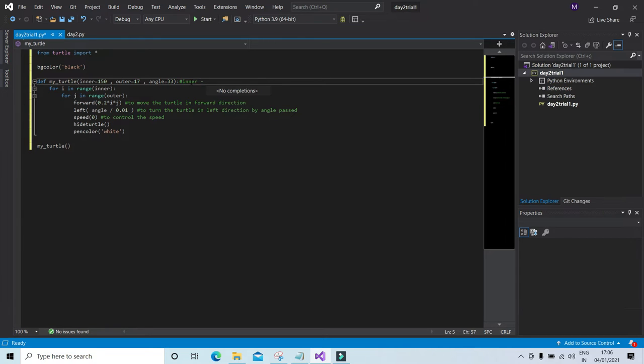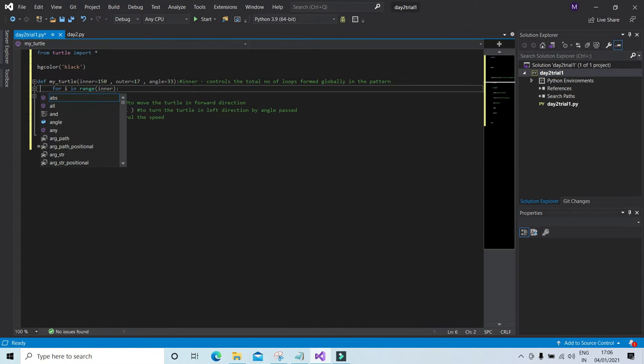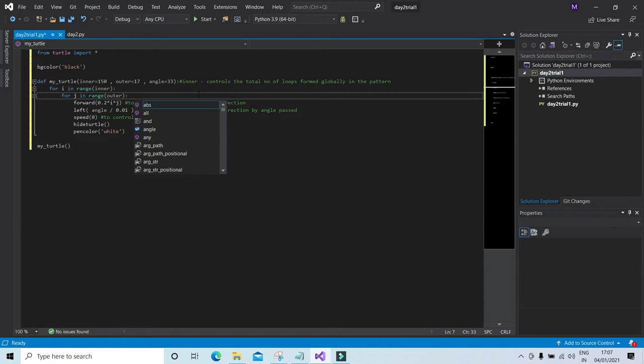Inner controls the total number of loops formed globally in the pattern, and outer controls the total number of loops formed locally per global loop in the pattern.